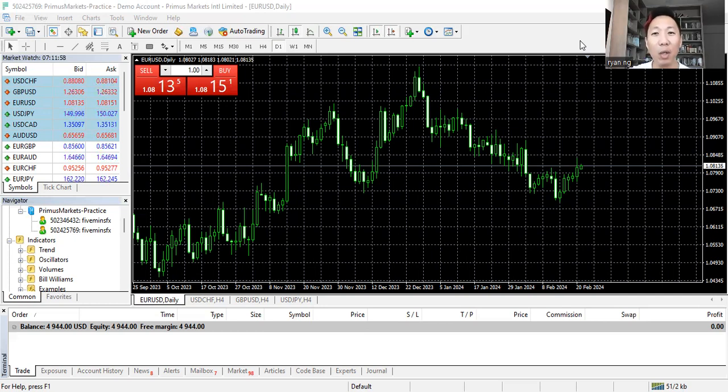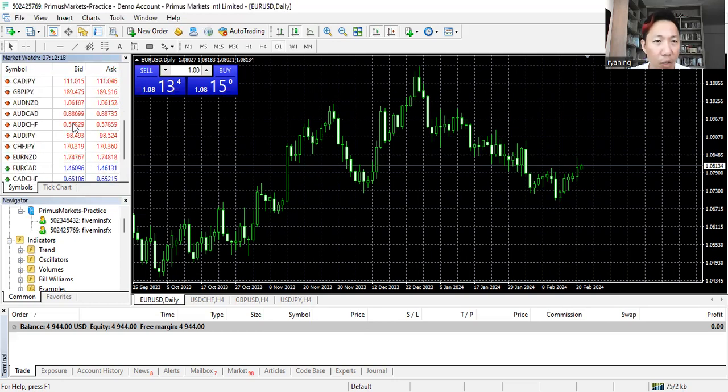All right. So when you log in to the MT4 platform, what you're going to see is something like this. This is probably the default setup when you log into the platform. On the left here, you can find the Market Watch. Market Watch is where we can find all the different products and pairs that you can trade. And if you find that it's not enough,